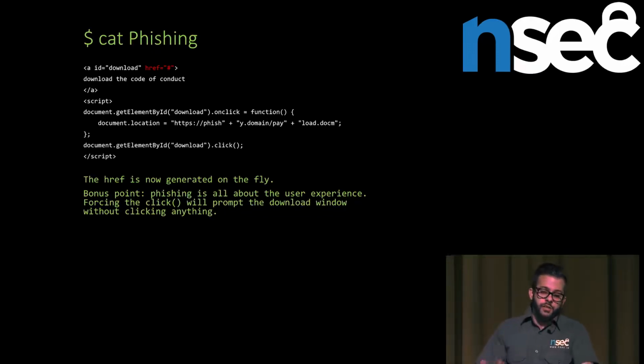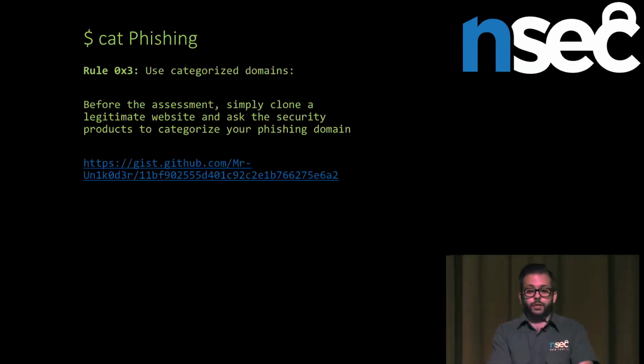And bonus point in this case, as you can see on the last line, I'm going to force the click. Phishing is always about user interaction. If your user enjoyed the experience, they're most likely going to follow through the path. So if you force the download pop-up for them, it's even better, right? They don't even have to click on the link, so there's more chance that they're actually going to download it. By doing the click action, you fetch the page and the user is prompted with the download. That's convenient, and a sandbox is not going to be able to see that because it's a JavaScript-generated link.